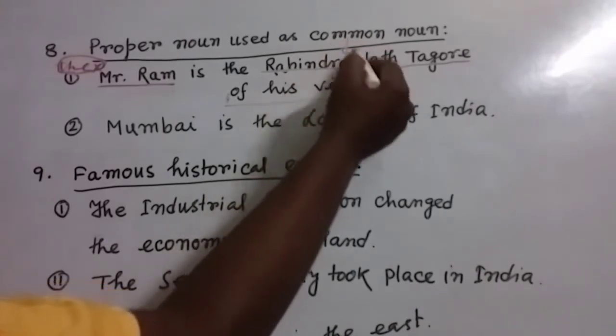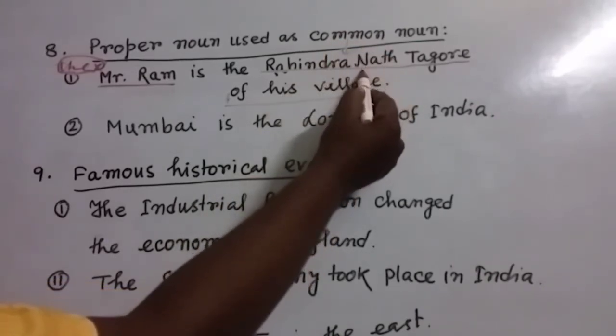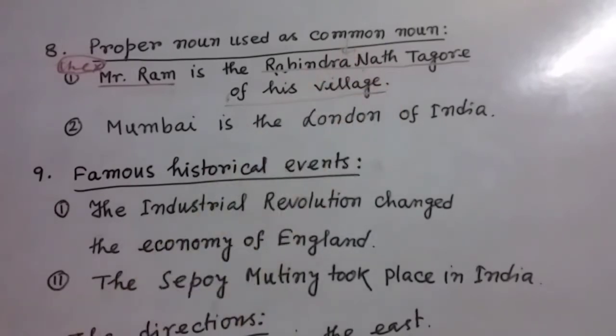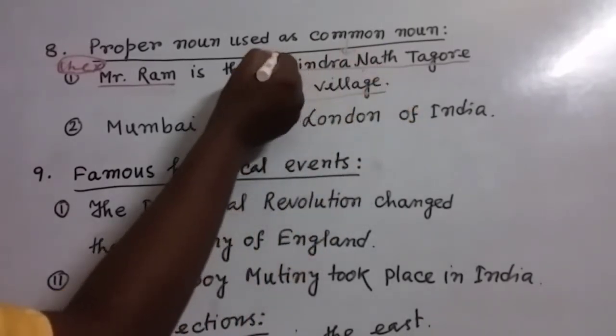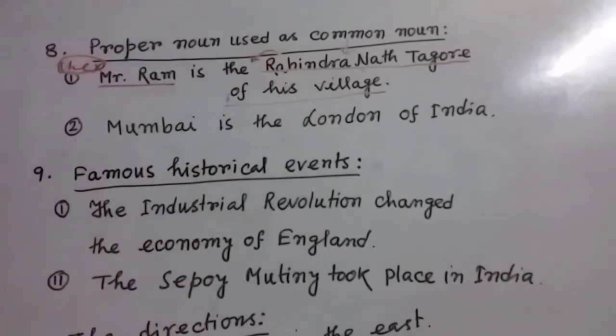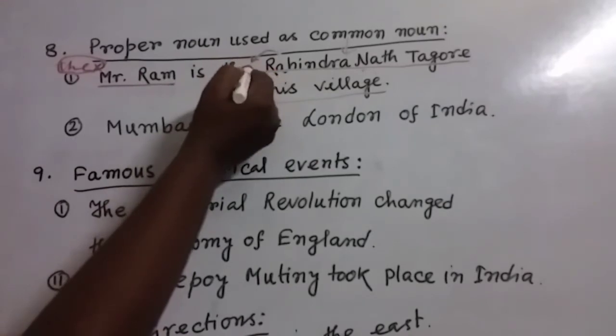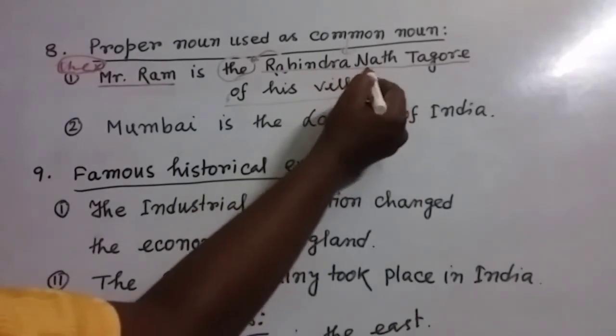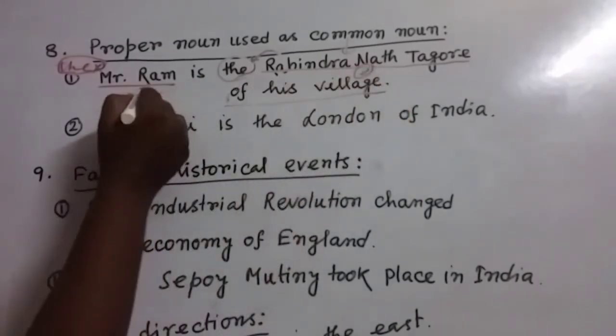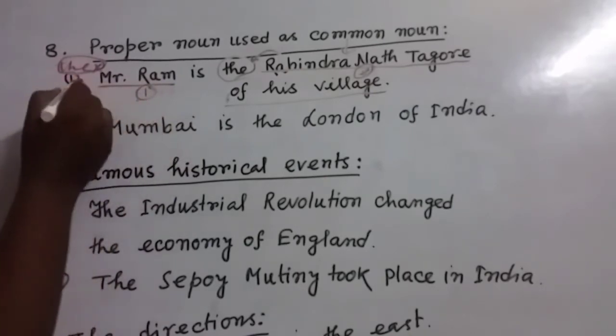Here it is not a proper noun. Here it is being used as a common noun. And whenever this term is used as a common noun, before that we have to use the. Mind it, my dear friends. In this context, one thing is most important: the term the will be used before the common noun, or the will be used with the second noun. This is the second noun, this is the first noun. We cannot use the with it.